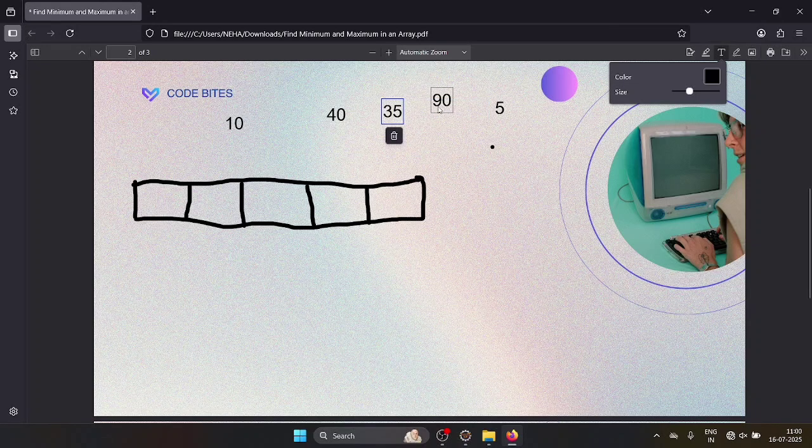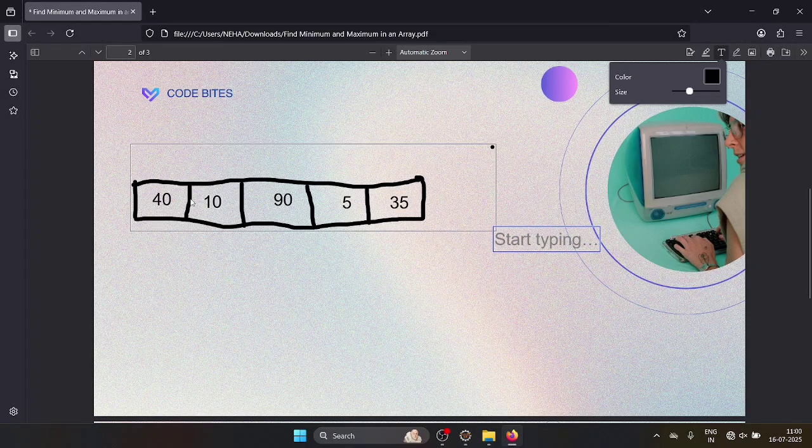See here, we have an array, and we have 5 elements in that